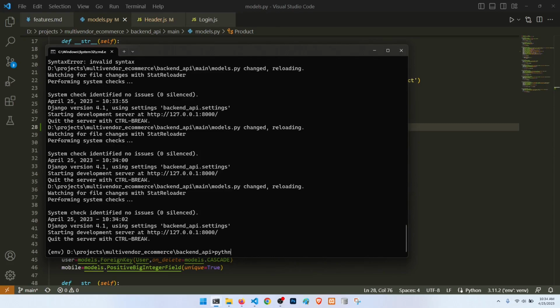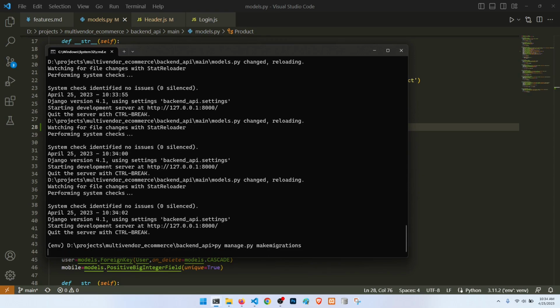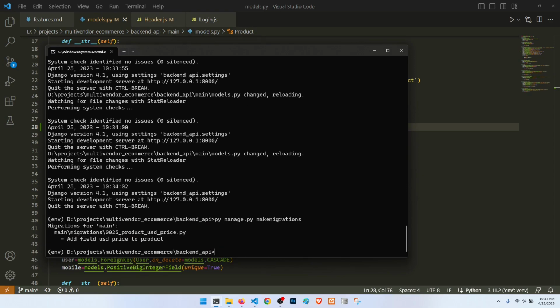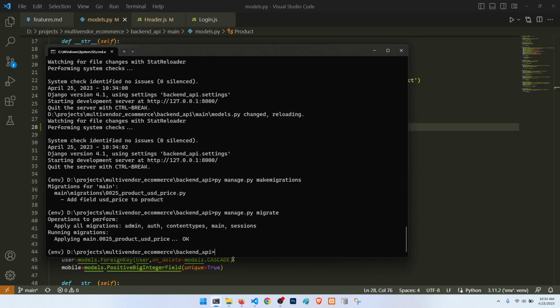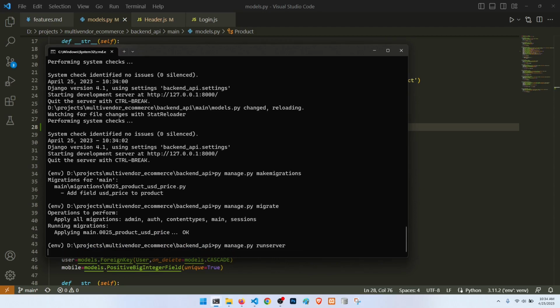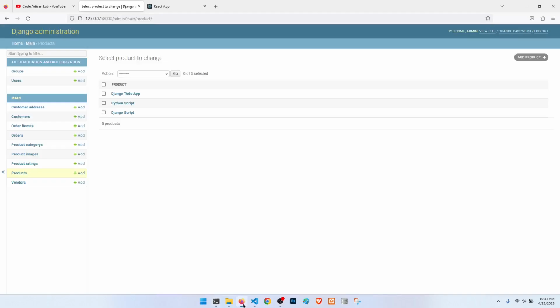So py manage.py makemigrations, then py manage.py migrate. So let's run server, and if we go